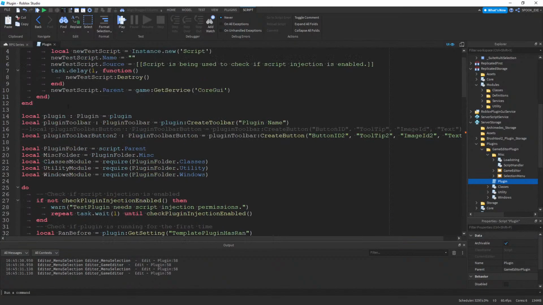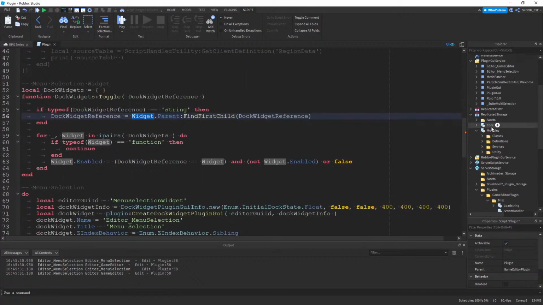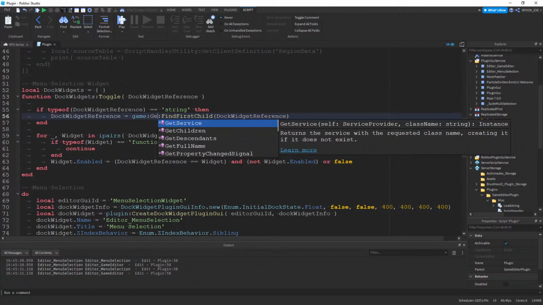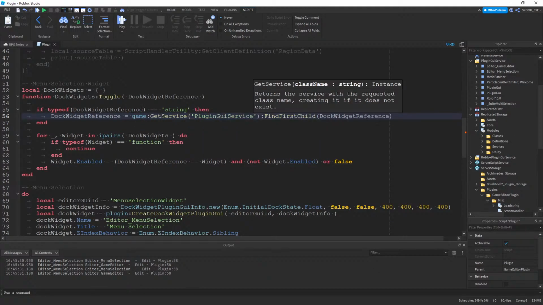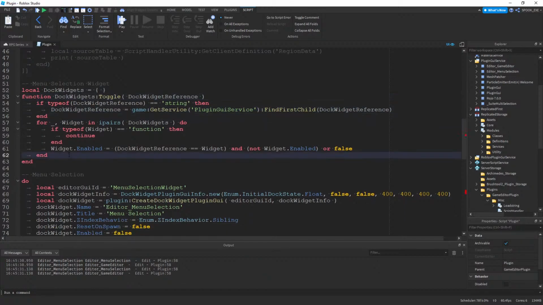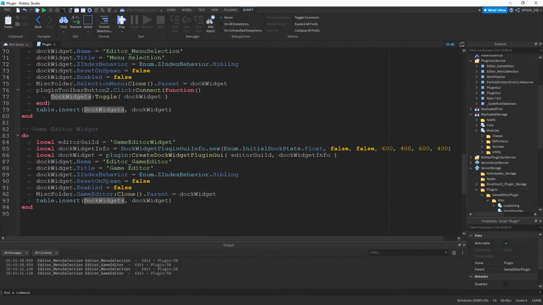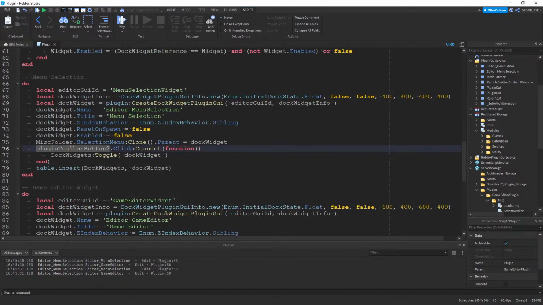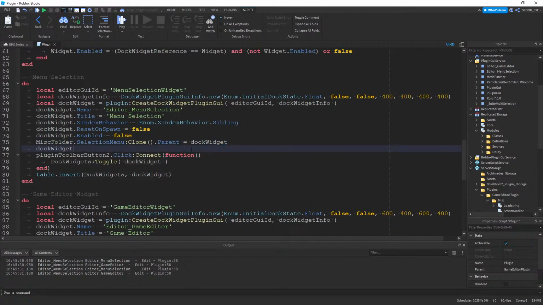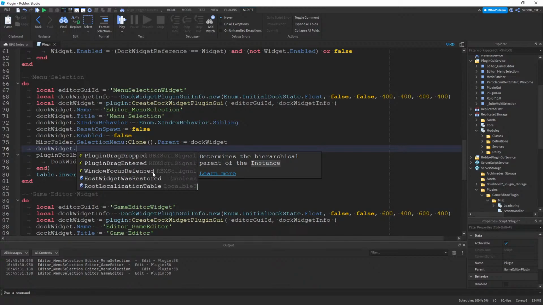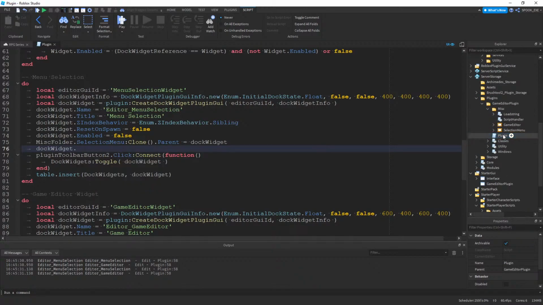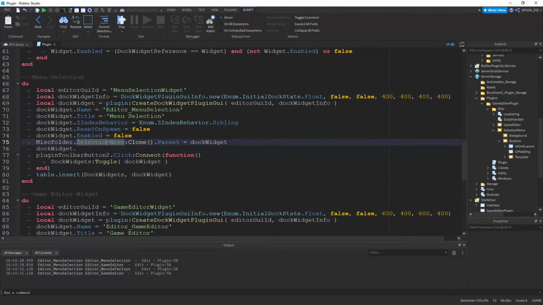And that one would be game:GetService("PluginGuiService"):FindFirstChild(the reference). So doc widget toggle that one, and then inside here what we can do is doc widget dot, I don't know if it will show, yeah, it won't show it. So selection menu buttons.templates,